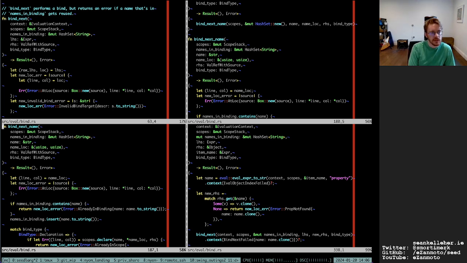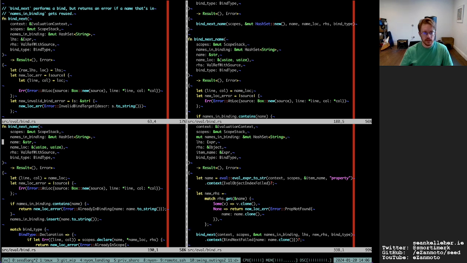And for bind next name it is a string and its location. So here I would say I'm doing bind next, which will probably call bind next name for me.